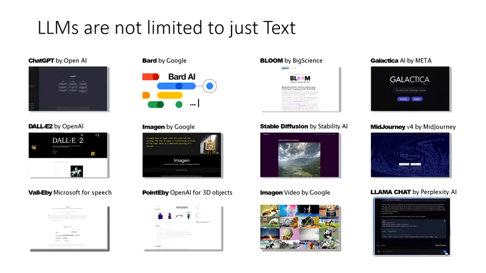Another thing is, a large language model looks like, because it is a language model, it may be only for text, but it turns out that it is useful in other areas as well. For example, if you want to instruct a model to generate an image or code, then the model needs to understand what you are asking for. You ask it through natural language, so the model needs to understand that natural language, convert it into an instruction that is understandable by, say, an image generator, and then the instruction will be sent to the image generator, and that will give you the generated image, and so on. That means a large language model is connected with other models as well.